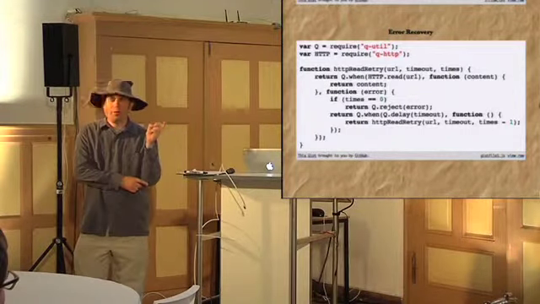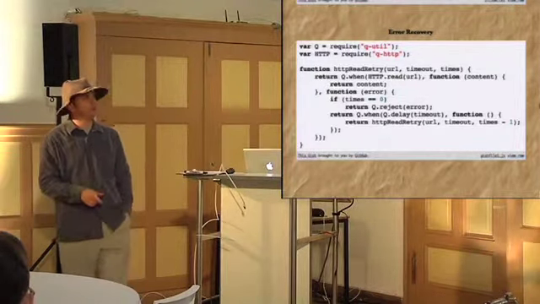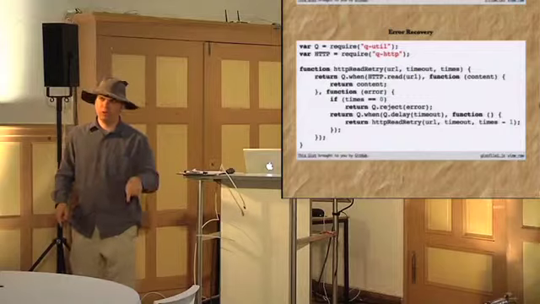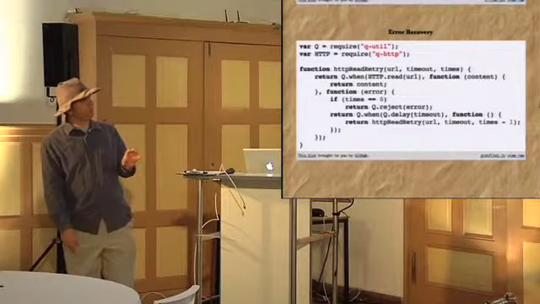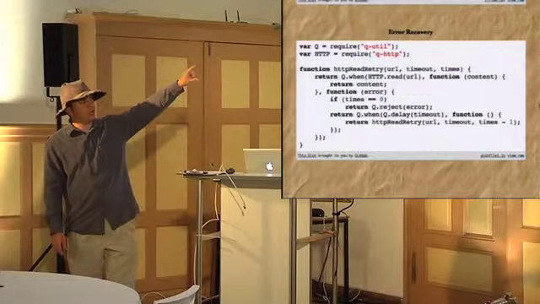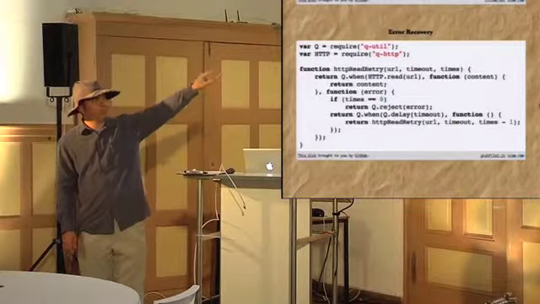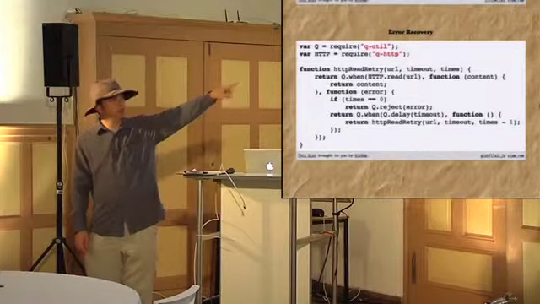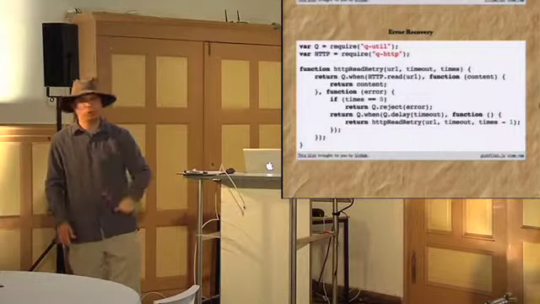You can also model exponential backoff with this without too much difficulty at all. The way this is working is I'm first going to call HTTP read on the URL. This is going to issue an HTTP request and return a promise for the body of the response, which may be rejected if it's not a 200 status. And then I use q.when to wait for that content, and I return it if it's good. If there's an error, and there are no more times left, I reject. But if there are more times, I'm going to further defer using my old delay thing from up top to wait the timeout. And then I'm going to do another HTTP read retry with one fewer times.